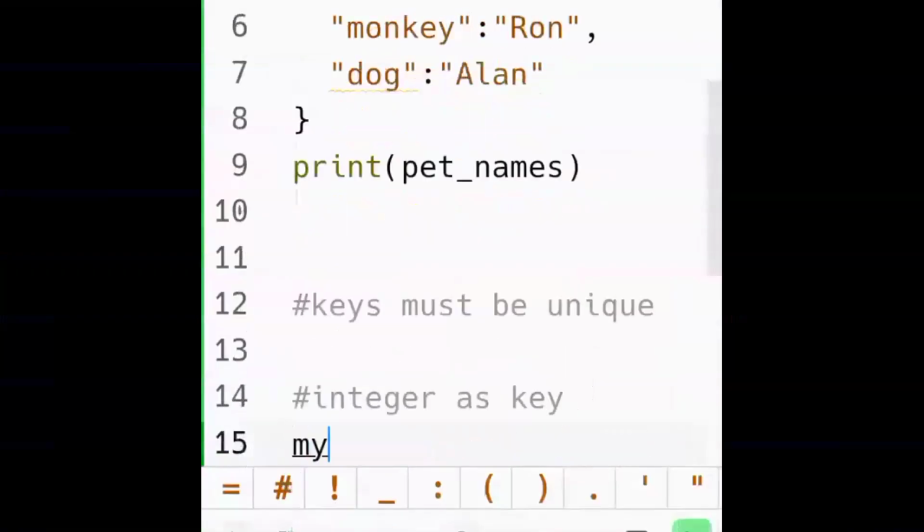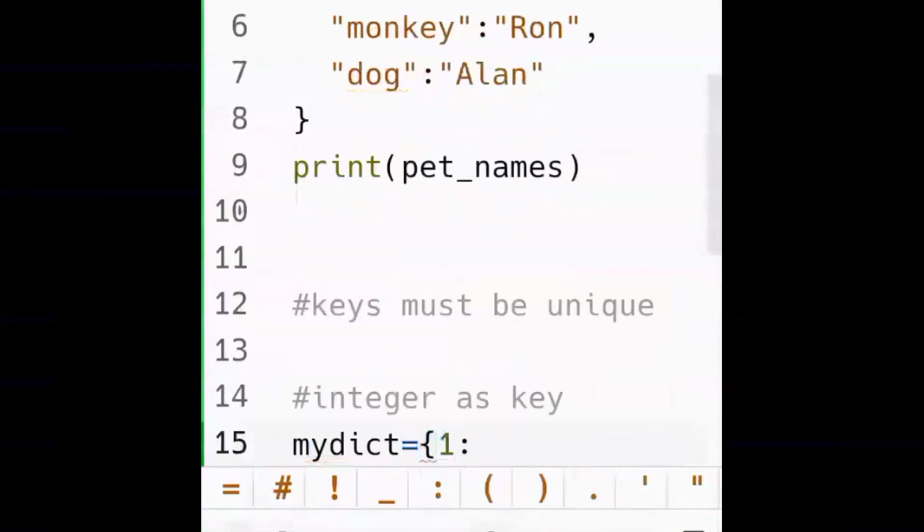Okay. Now, there are different types of keys, like in this case, an integer could be a key. So let's take an example where an integer is forming the key. Different character types could be forming a key in the key value pair. So the first example we want to take is integer as a key in this case.